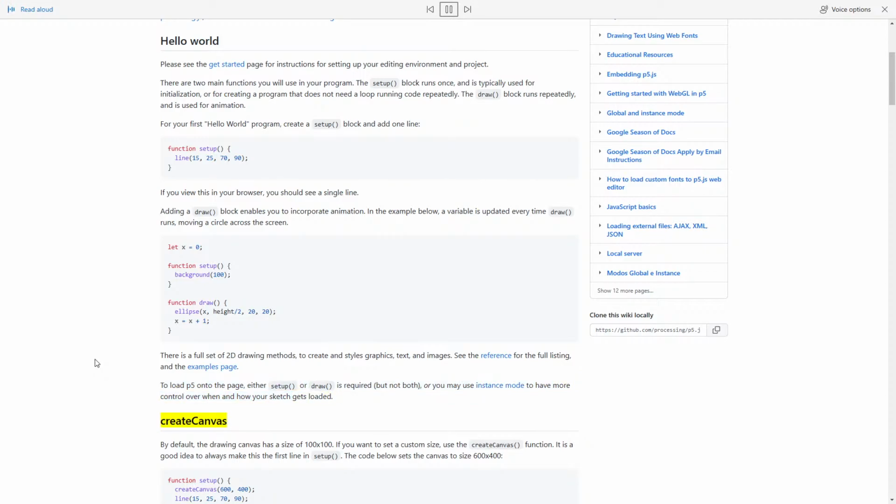Create canvas. By default, the drawing canvas has a size of 100 by 100. If you want to set a custom size, use the createCanvas function. It is a good idea to always make this the first line in setup. The code below sets the canvas to size 600 by 400. function setup() { createCanvas(600, 400); line(15, 25, 70, 90); }